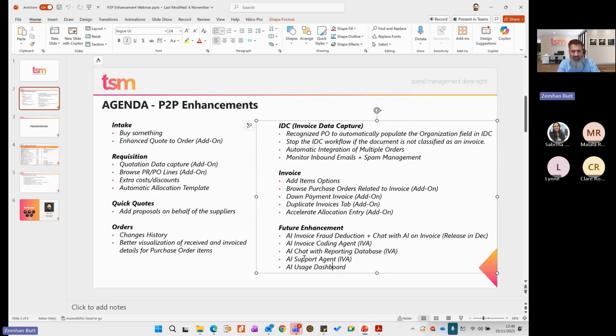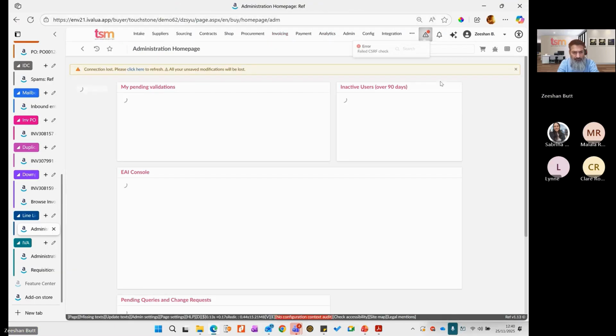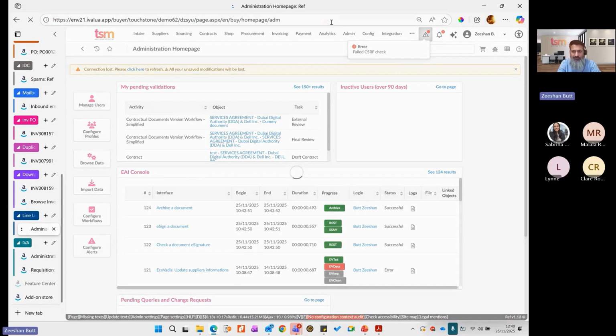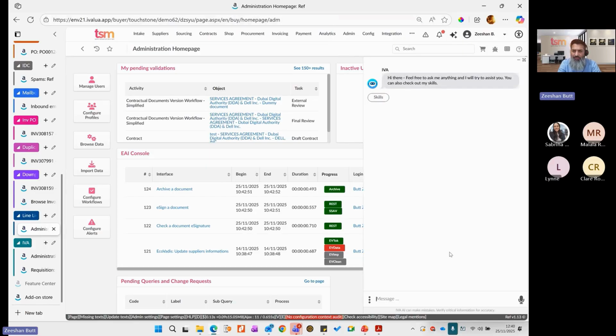These two, chat with the reporting database and chat with the support agent, have already been released. Some of our clients who are using the AI already can start using them. We can also show you that through the chat. So I'm going to show you these two very quickly. If I just refresh my page, please. Okay, so with EVA now,